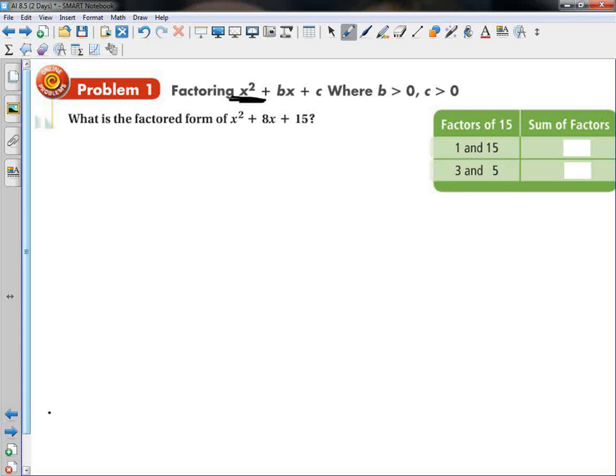And when we say factor, we're talking about a multiplication problem. So I want to change this problem into something that looks like things multiplied together, right? So that's a multiplication problem. Two parentheses together make a multiplication problem. So we're going to figure out how we're going to put those two together. Now, the way that we're going to do this is